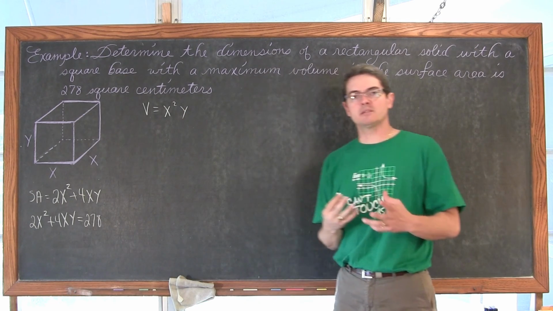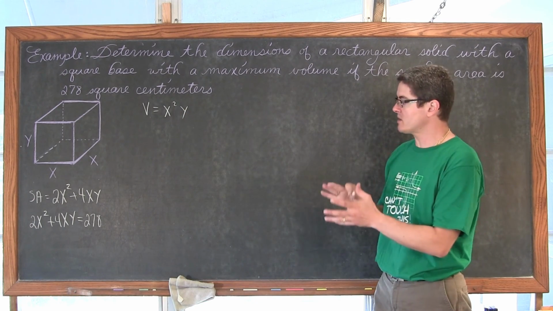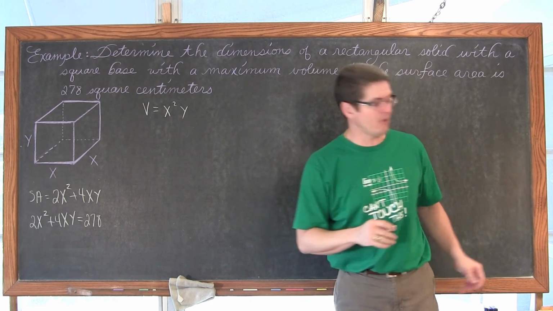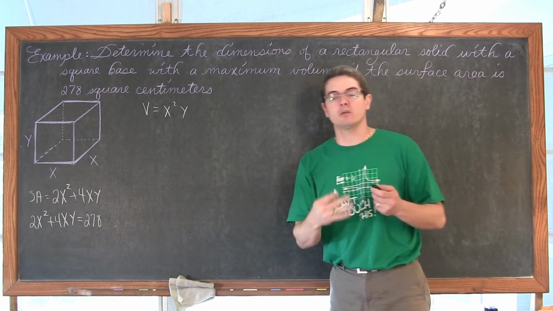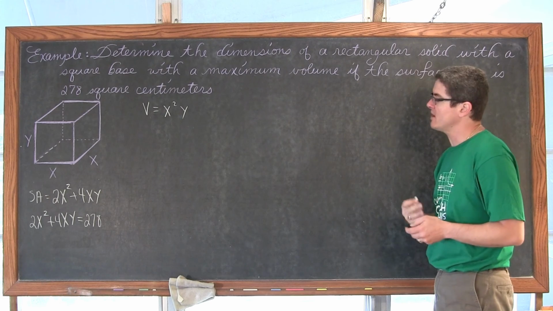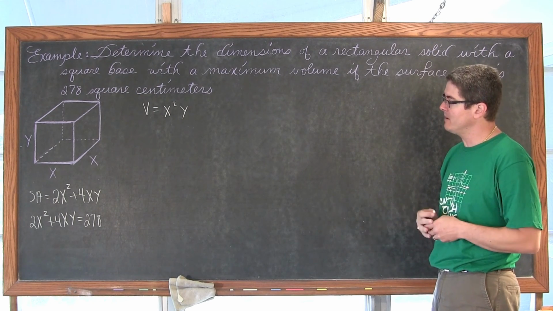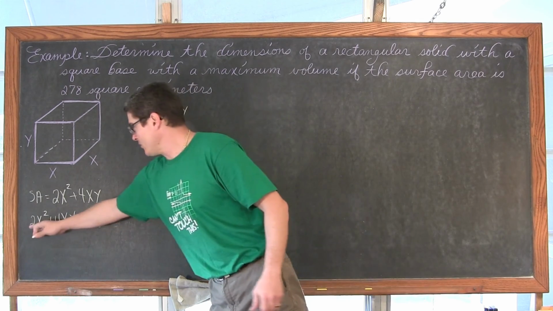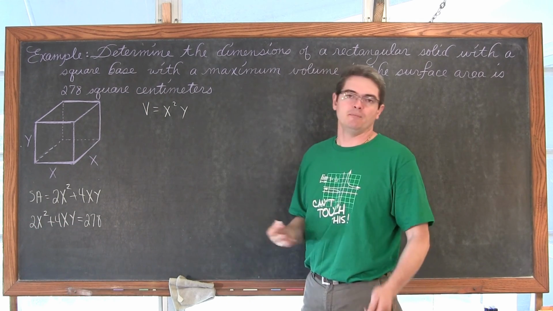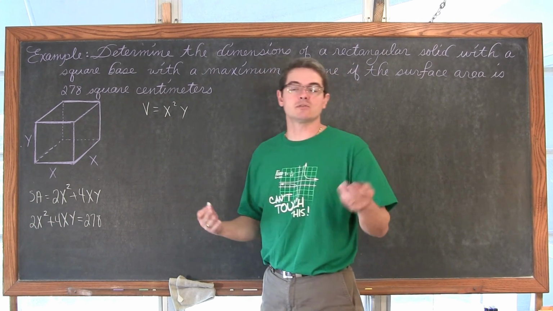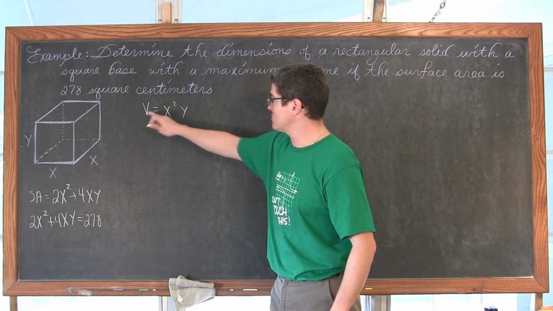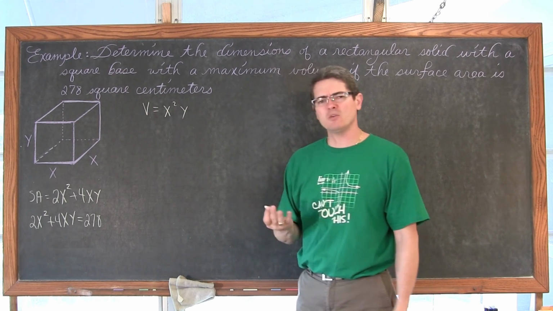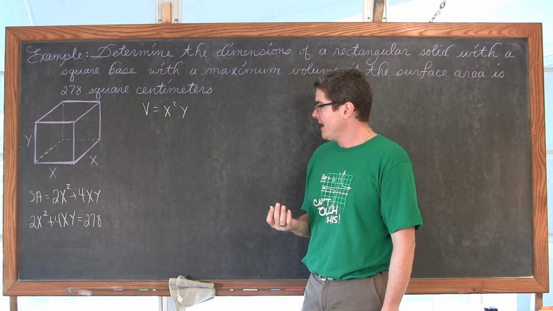Okay, now again, we need to take our secondary equation and use it to write the primary equation in terms of only one variable so we can work with the derivative process and try to find the max or minimum. You can solve for whatever variable you want. We can put this V in terms of x or in terms of y. Just pick the one that's going to be the most efficient.